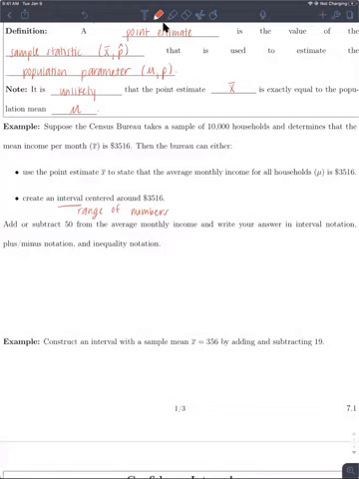Here, I'm going to start with 3516, and I'm first going to subtract 50. When I do that, I get 3466. And then I'm also going to add 50. When I do that, I get 3566. And so in interval notation,